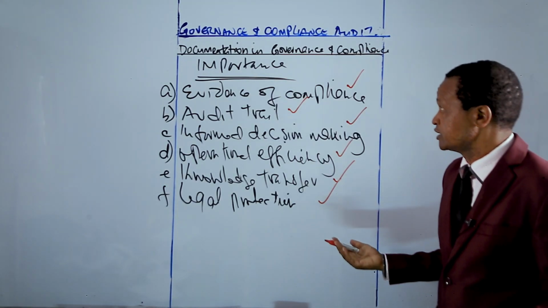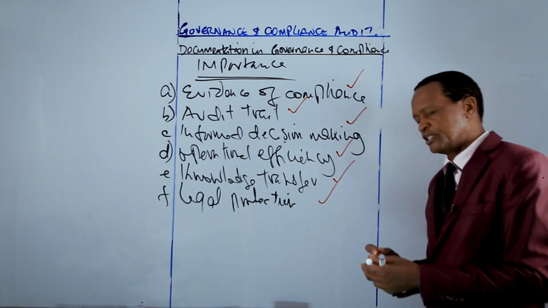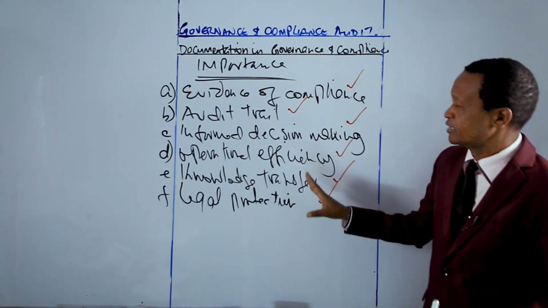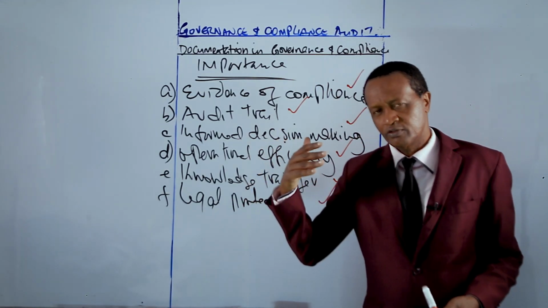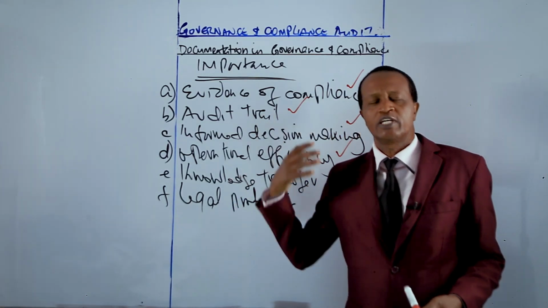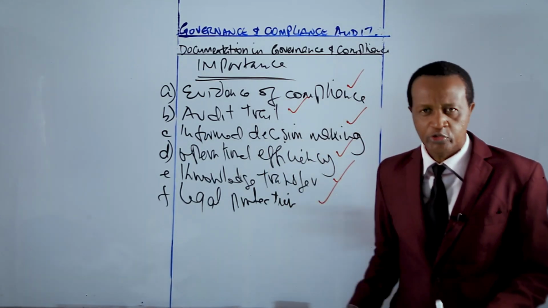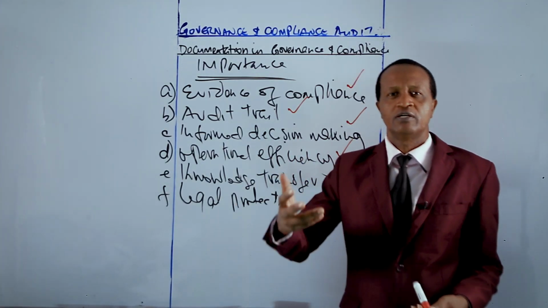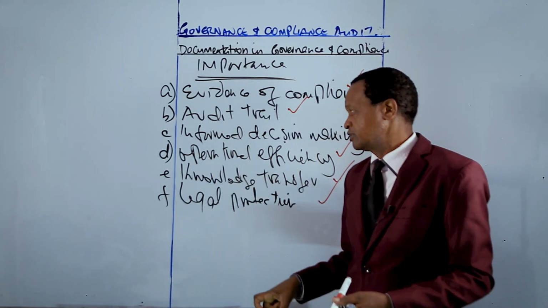So that's all for our today's lesson on documentation. And we differentiated candidates' documentation from the perspective of the auditor, and there is documentation on the part of the company that is being audited. When referring to documentation from the perspective of the auditor, then such documentation is referred to as audit working papers, which we covered in topic number 6. Audit working papers are documents prepared or obtained by an auditor to provide record of the work performed, the evidence that is gathered, and also the conclusions that are reached.